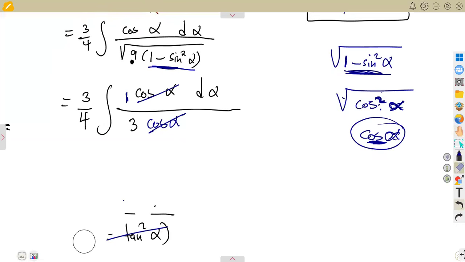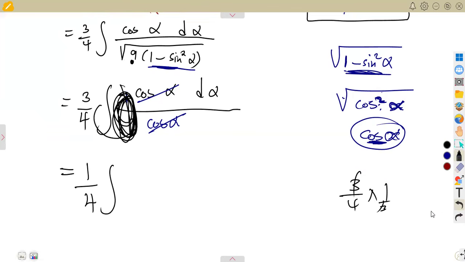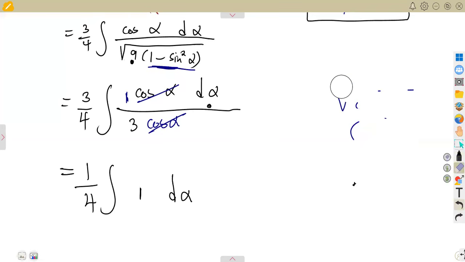So as you can see, this is the simplification similar to the previous questions that we had before. So thus you're going to take 1 over 3 out of the integral. So what are you going to have? 3 over 4 times 1 over 3, that's 1 over 4. So you've got 1 over 4, the integral of what? This is no longer part of our integral. Remember, we took it outside of the integral. So that means we are just left with a 1. With respect to what? With respect to alpha. So just like the previous conditions, integrating 1 with respect to alpha is going to give us an alpha plus